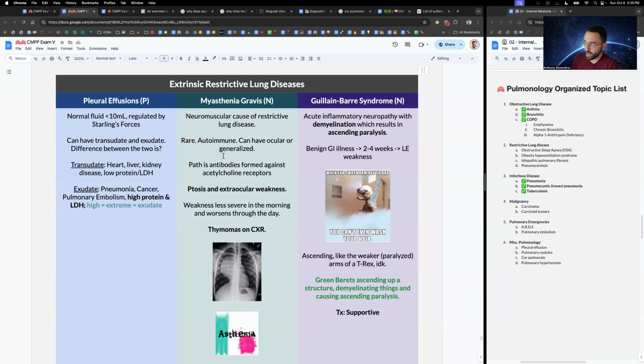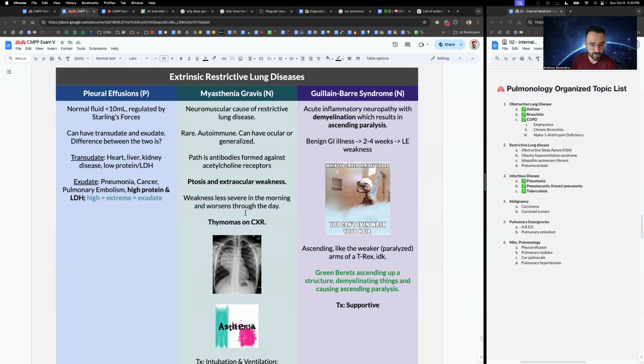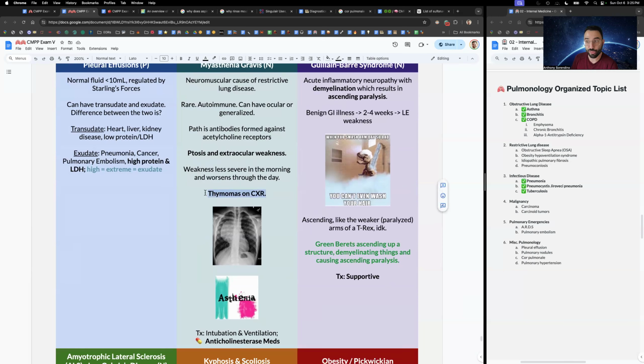Myasthenia gravis, where you're going to get facial weakness, but then you'll also get proximal muscle weakness as well. So I think just weakness in general. You're going to get thymomas on chest x-ray. So the thymus, so this is a huge thymoma, I'm pretty sure. So if you have something in your mediastinum, in your thymus, that's pushing up against your lungs, that's definitely going to restrict